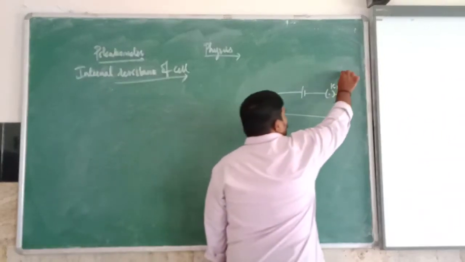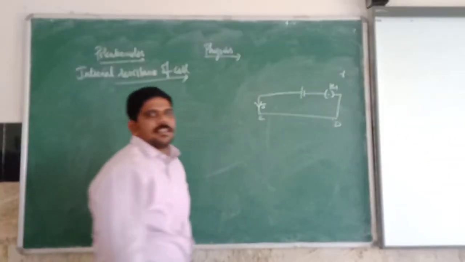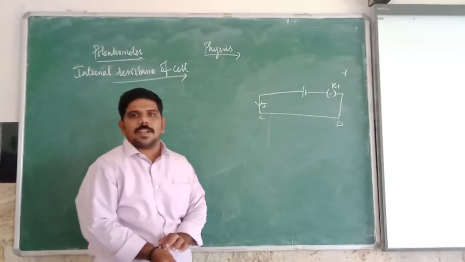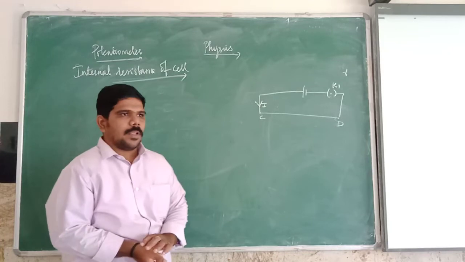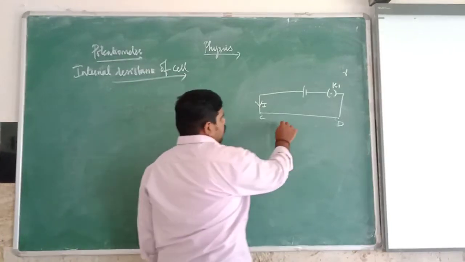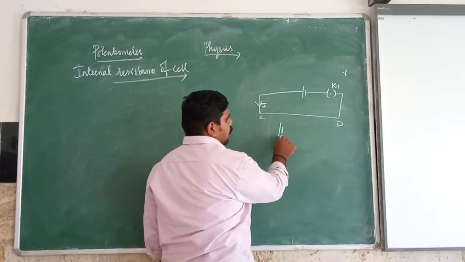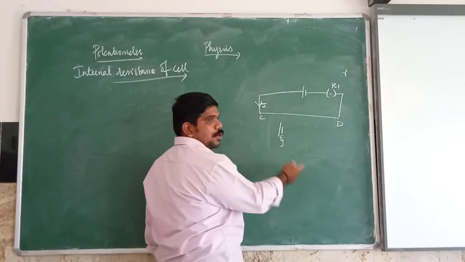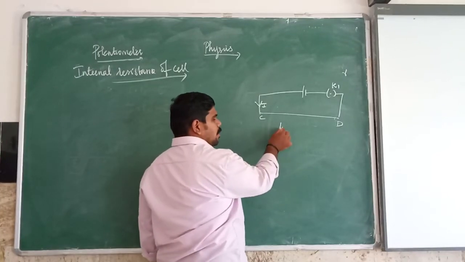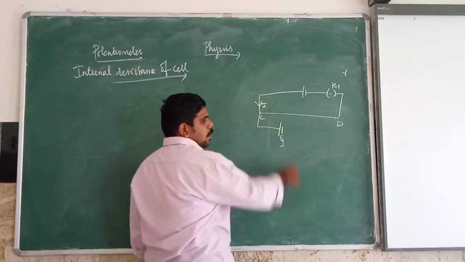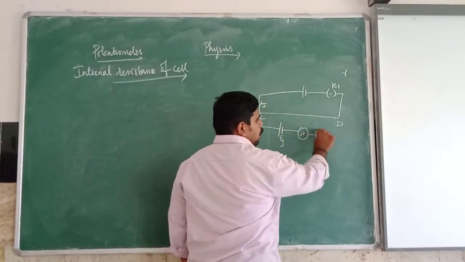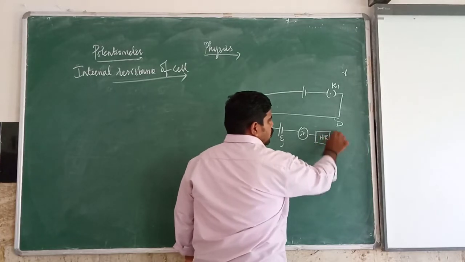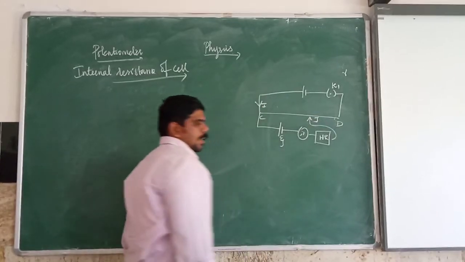Let r be the resistance per unit length of the wire. Now, the EMF of a cell psi whose internal resistance we are going to determine: the positive terminal of the cell will be connected to the C end, and the negative terminal will be connected to the galvanometer, high resistance and jockey.